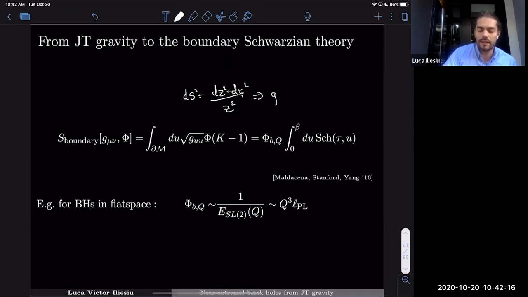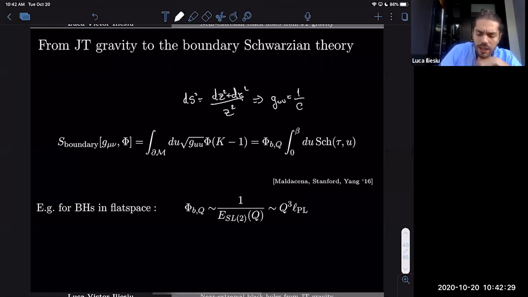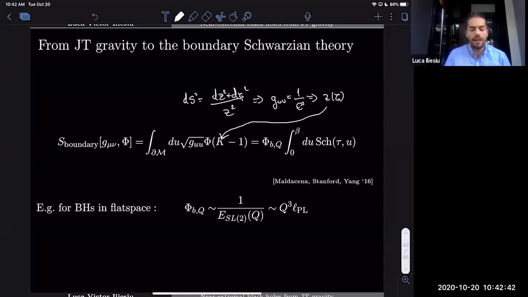And if I impose that the boundary metric is fixed, so if I separate the faraway region and the near horizon region by this Dirichlet boundary, if you want, then I can just solve for z as a function of tau, plug it into this extrinsic curvature, and the resulting thing that we'll find is that this difference of the extrinsic curvature minus 1 can just be replaced by the Schwarzian derivative with respect to this coordinate tau, with respect to a boundary parametrization time u. So here u is chosen arbitrarily in such a way that g_uu is a constant.